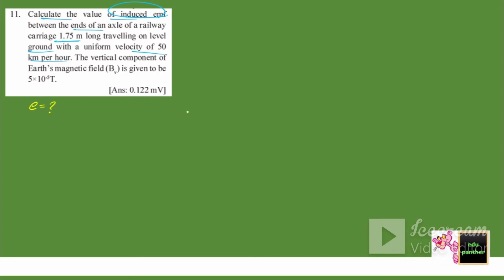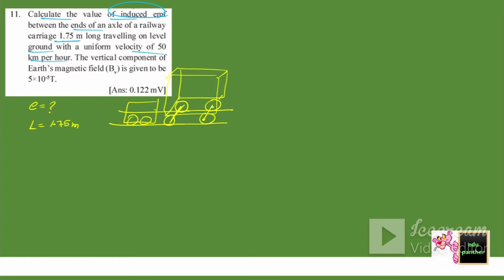Okay. Now, so let's say this is a railway track and this train is moving on that track. So what will happen? The axle means what? जिसमें वो wheels लगी होती है, that is what axle. तो वो कैसा होगा? ऐसा होगा, एक wheel इस ट्रैक पे होगा, एक इस रेल पे होगा, एक इस रेल पे होगा. So this is what my axle, and the length of the axle is given as 1.75 meter. See, and your whole train is on this part. Like this.